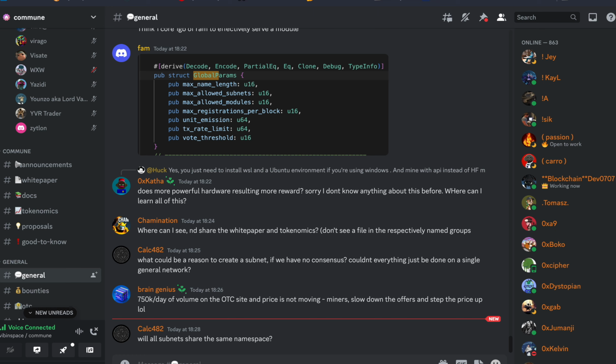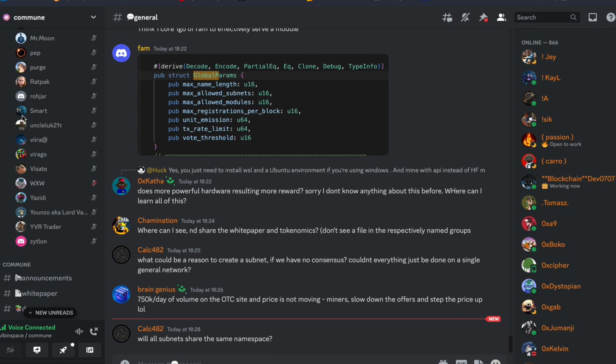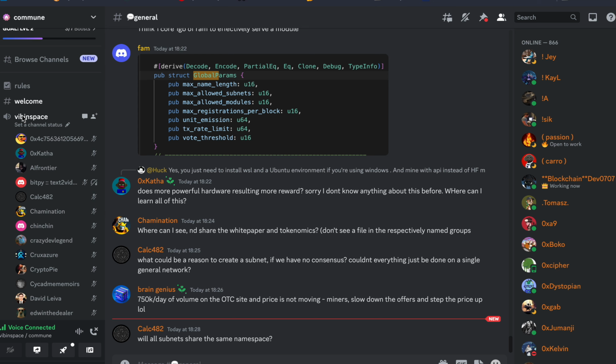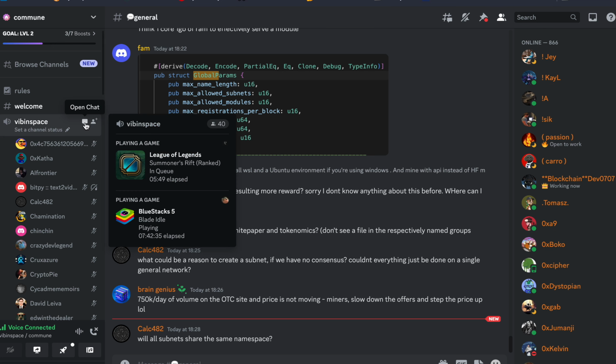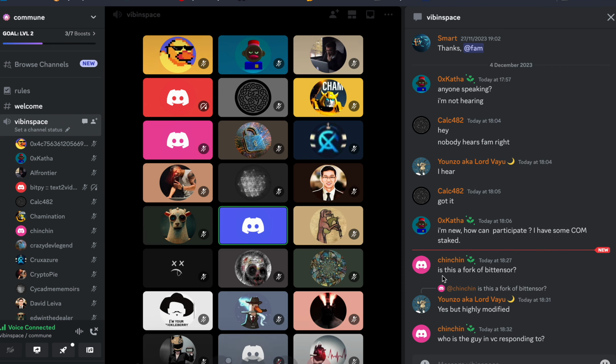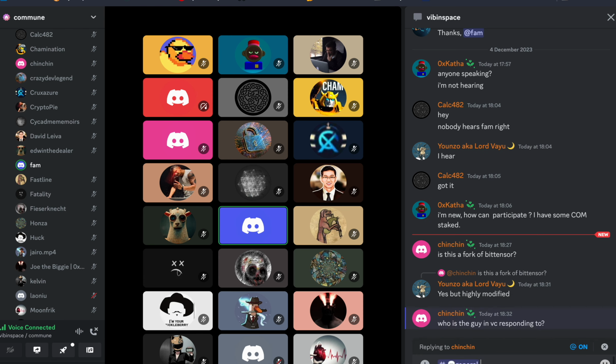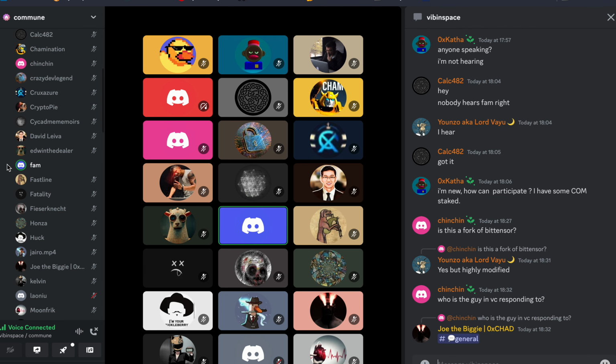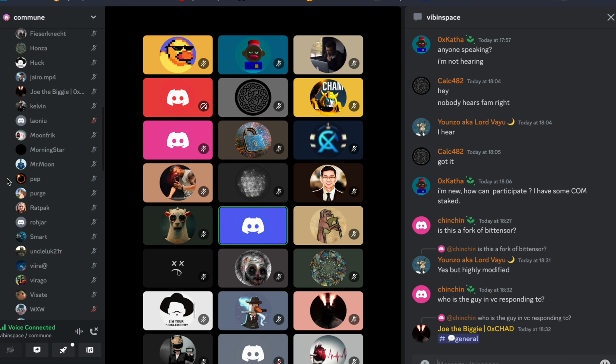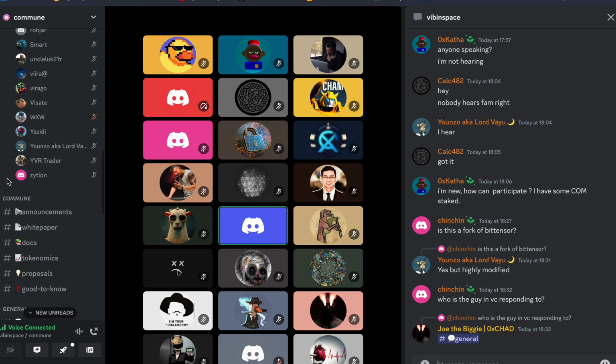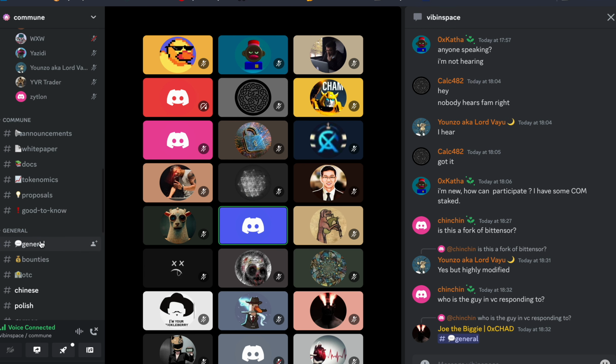Will all subnets share the same names? No, they won't. Sorry, I think I answered that question. It's a different namespace, but it's quite easy to merge those namespaces off chain. They're all dictionaries mapped from names to addresses, so to merge them into one global namespace, I just merge them. So it's actually quite interoperable, where you can call across different subnets.